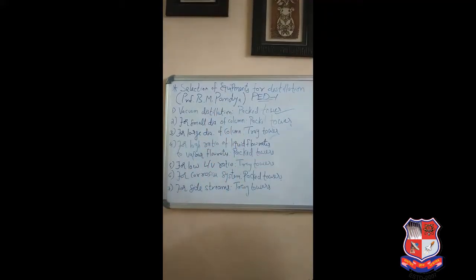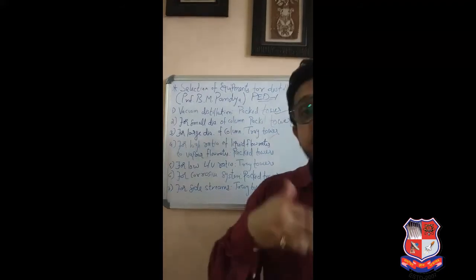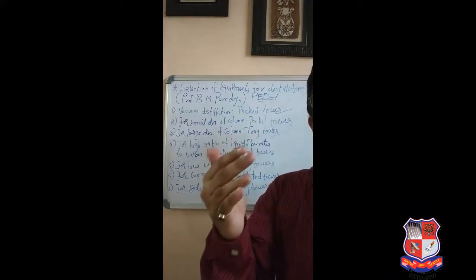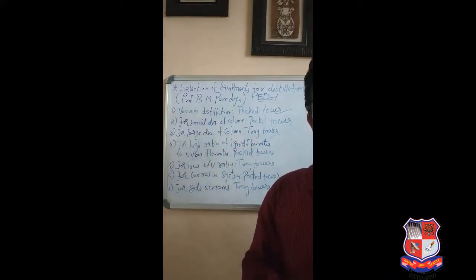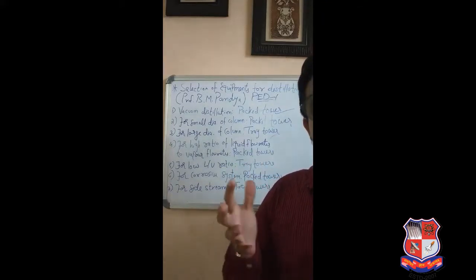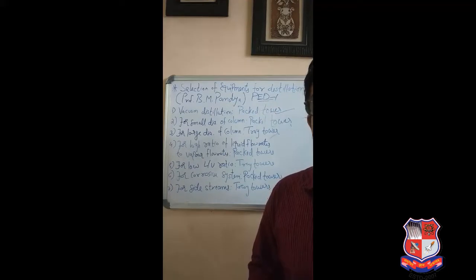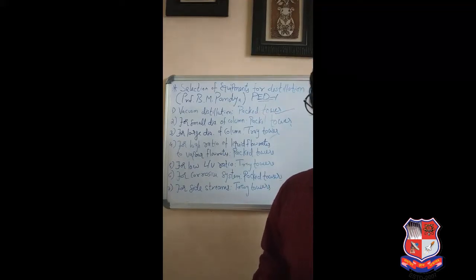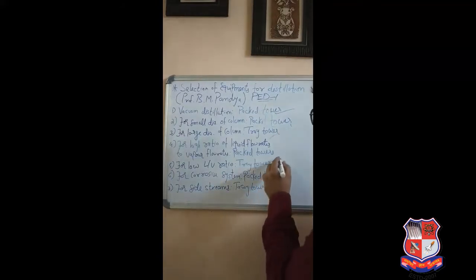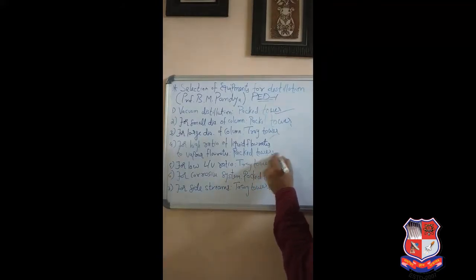So 3 points are clear. Now fourth point, if you have a higher L by V ratio, higher L by V ratio means higher liquid flow rate to vapor flow rate ratio. So indirectly it is clear that if your column is handling higher liquids inside the distillation column, if the flow rates of liquids are very high, then you always have to opt for a tray tower. You always have to go for a tray tower.